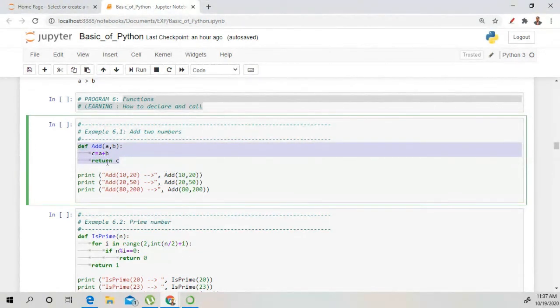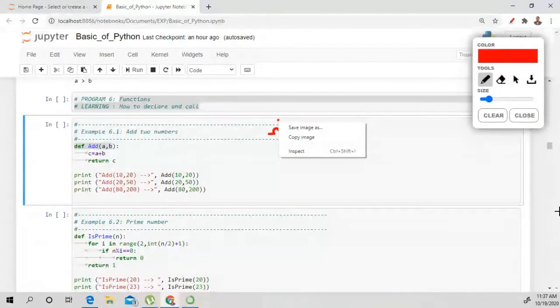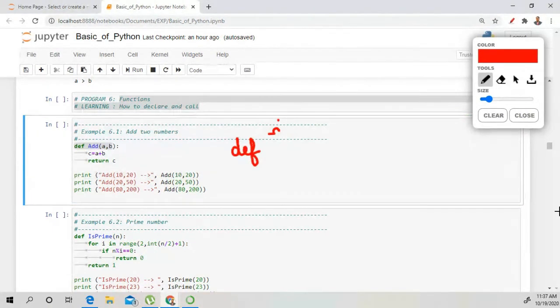Okay, so here we are defining a function. So how to define a function? We use the syntax def. As you can see right here, def is a syntax to declare any function.